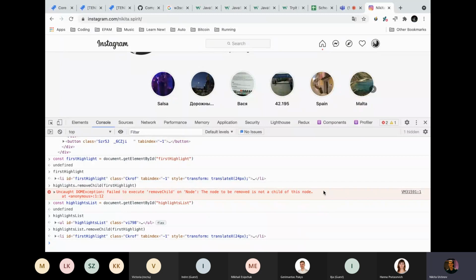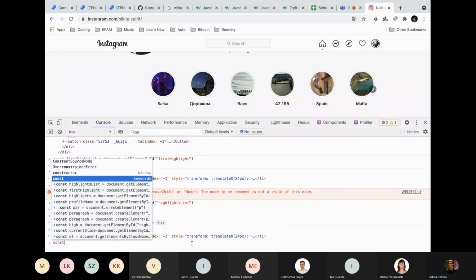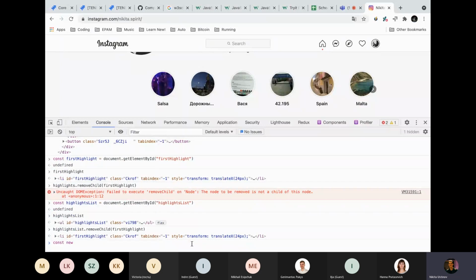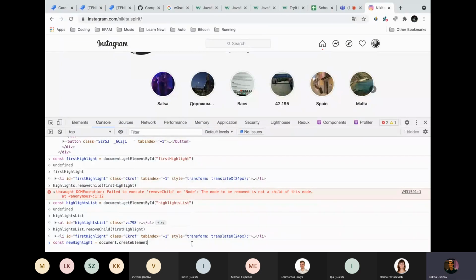Right now, I'll show you how to create new elements and how to add them to some given element. So to create elements, we define, let's make a new highlight. We define a new variable with the same name. It's new highlight. It equals document create element,